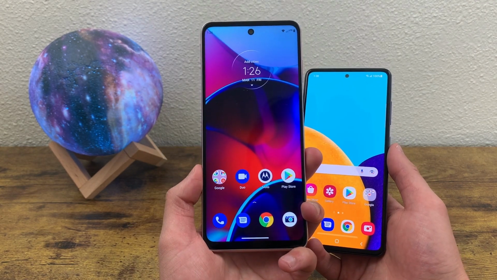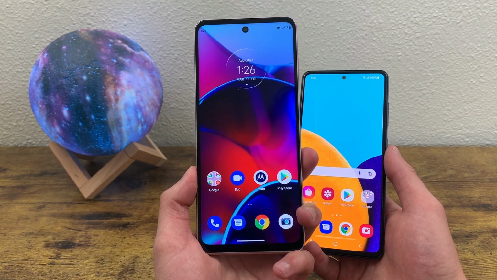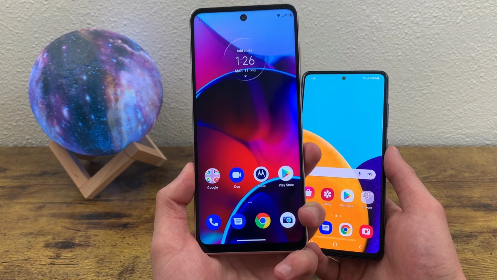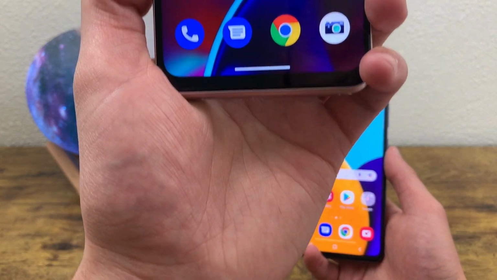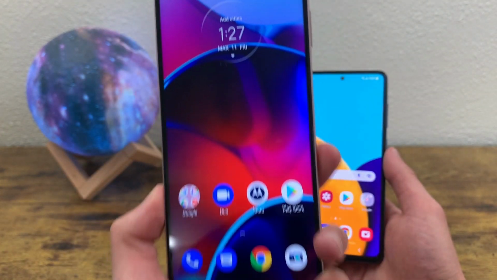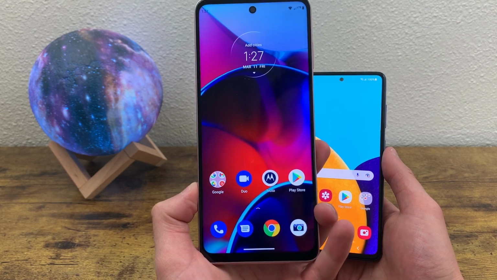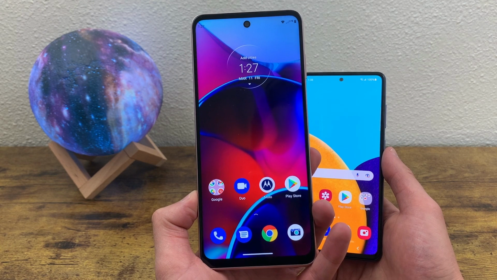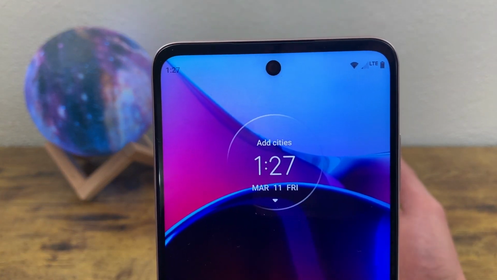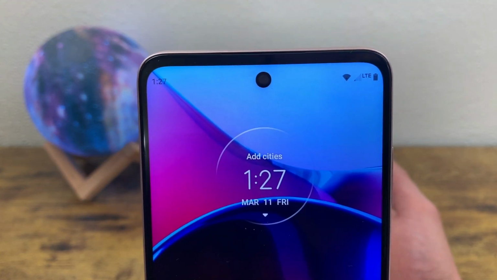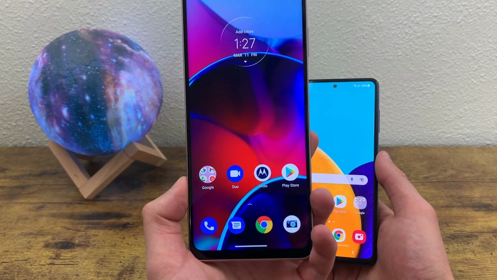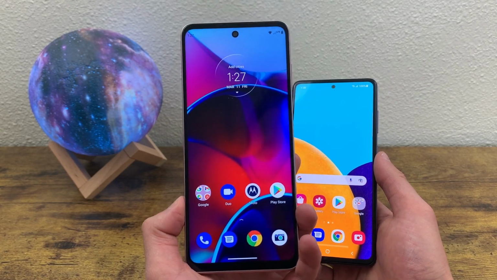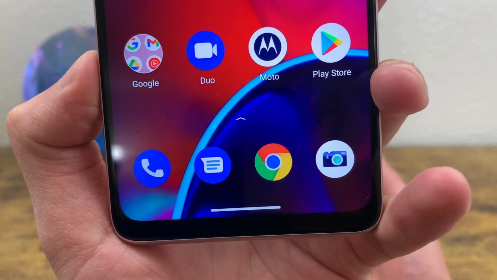So the Moto G Stylus 2022 has a 6.8-inch 90Hz IPS LCD display with a resolution of 1080p, a PPI of 396, an aspect ratio of 20.5 by 9, and a screen-to-body ratio of about 84.6%. We got a hole punch up here for the front-facing camera, and this camera is 16 megapixels. So overall, definitely a really nice display, looks really good, the image is really sharp and crisp, and the colors